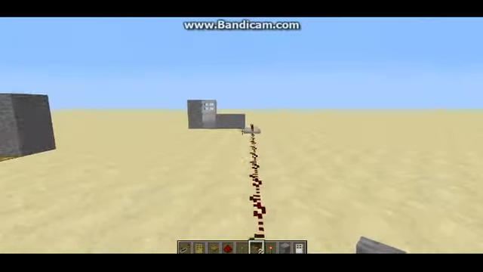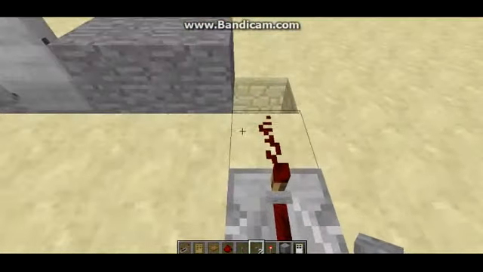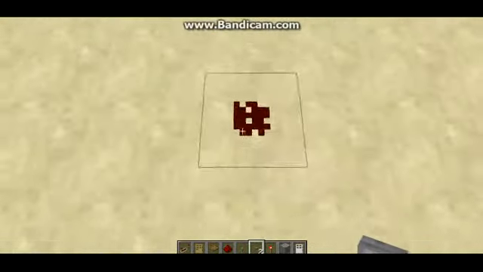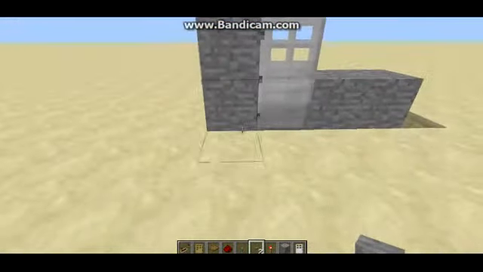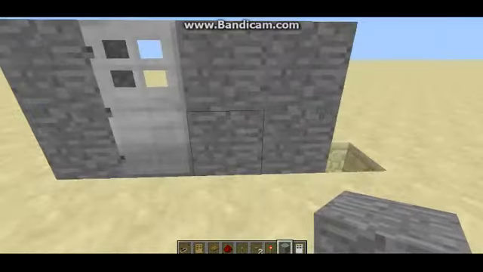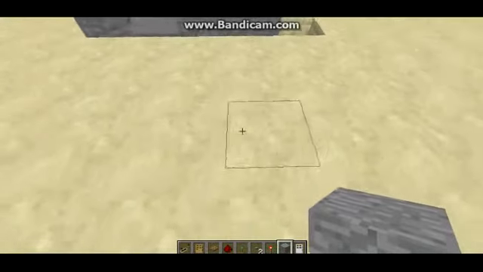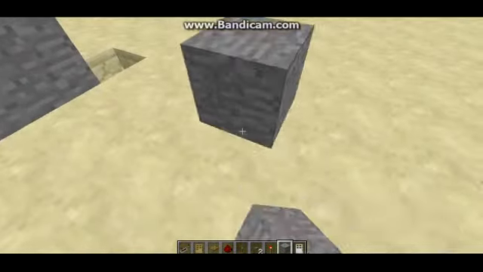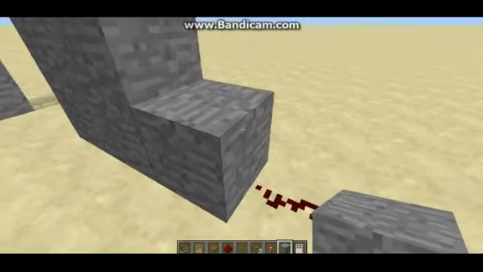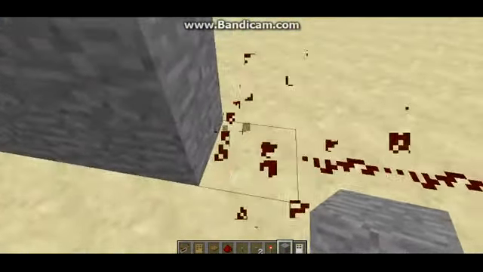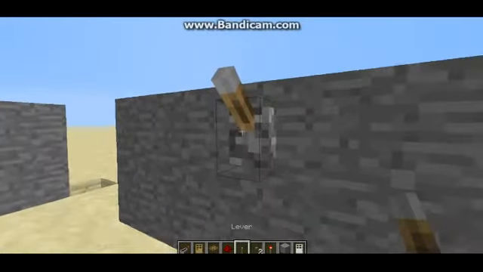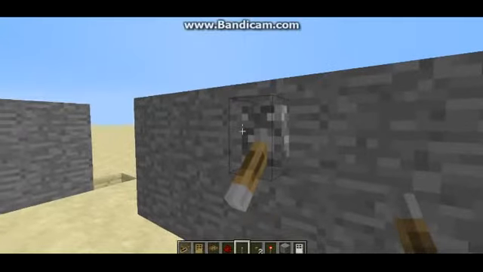Now, that's the main thing, but what if you want it to be a normal thing? Sorry, let me rephrase that. What if you want it to be like a normal on-off switch? Like, you have the door over here, and then you have a wall over here to turn on the lights and open the door and all of that fun stuff. You put down the lever here. It looks like it's on right now, and when you turn it off,